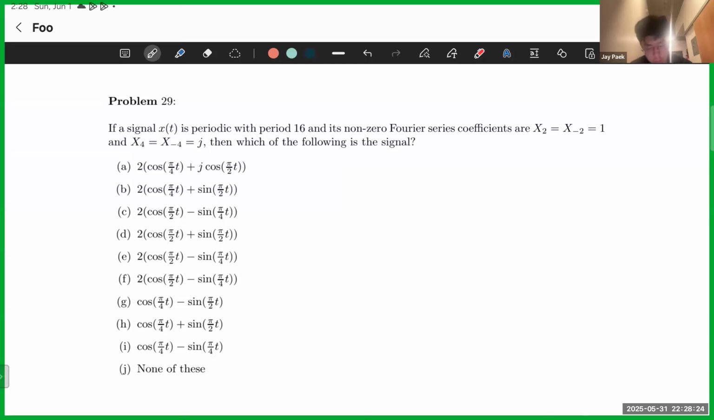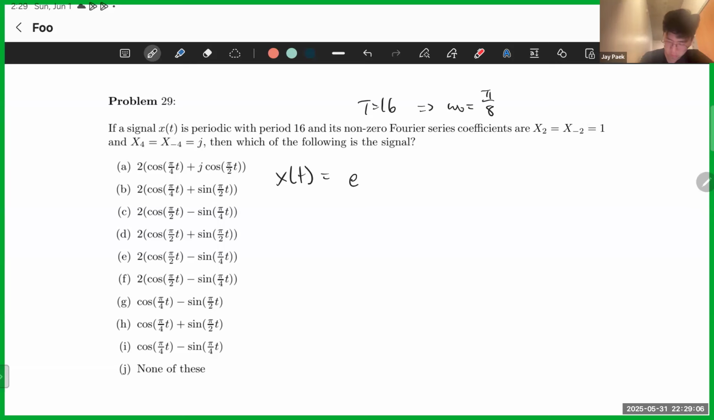If the signal x of t is periodic with period 16, and its non-zero Fourier series coefficients are x of 2 and x of -2 equal to 1. That should tell us a lot. And then which of the following is a signal? Well, first of all, T equals 16. Then omega naught is equal to pi over 8. Yeah. And so now what we obtain is that x of t is quite literally just e to the